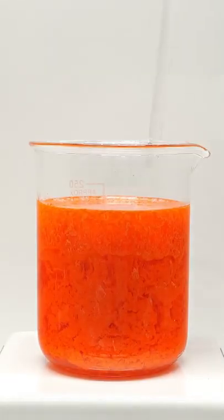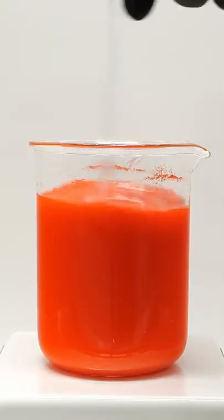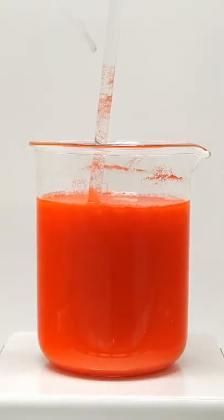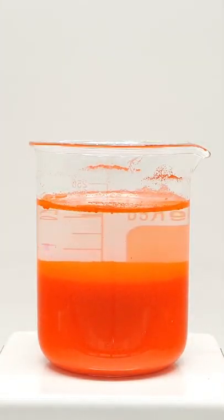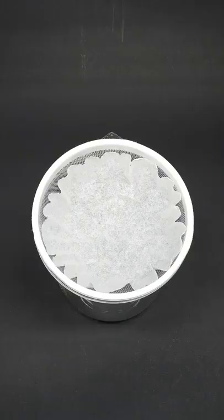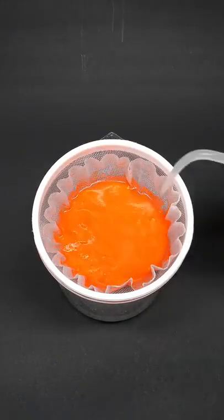When I was done adding it, I stirred it around, and then I let it sit there for a while. The really dense mercury iodide quickly sank to the bottom, and the next thing I had to do was filter it off. So I poured it all into a coffee filter, and I washed everything a few times with some